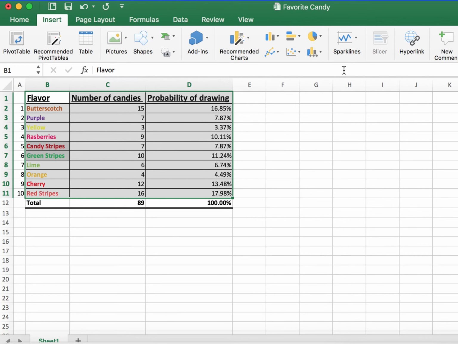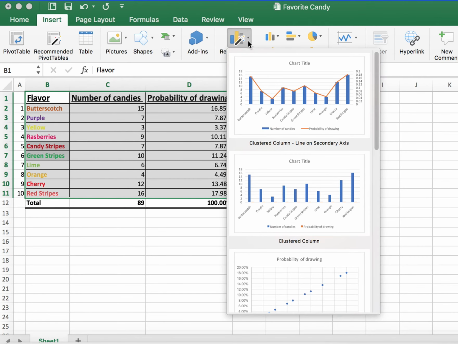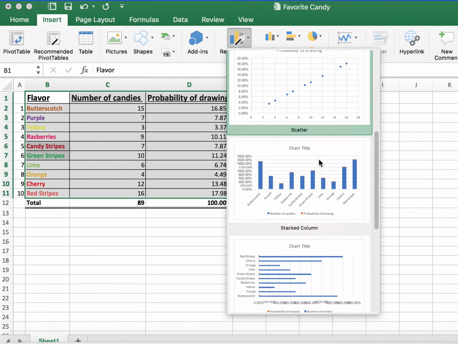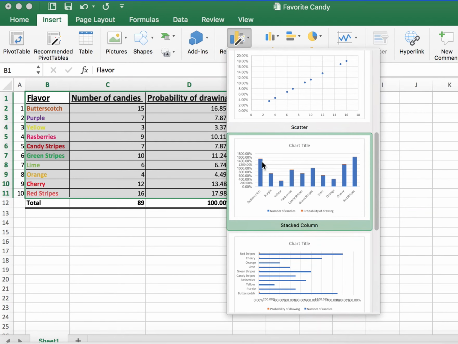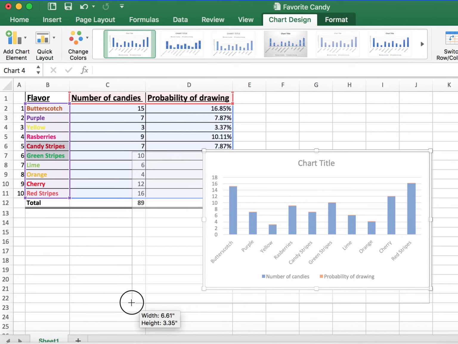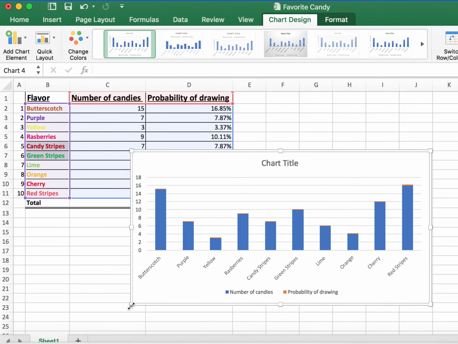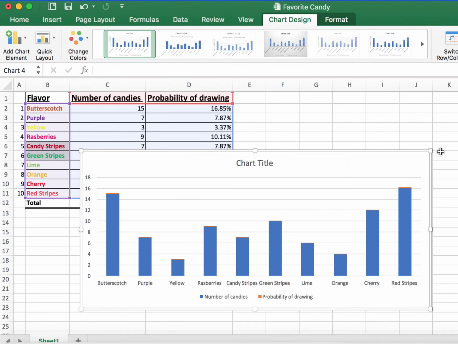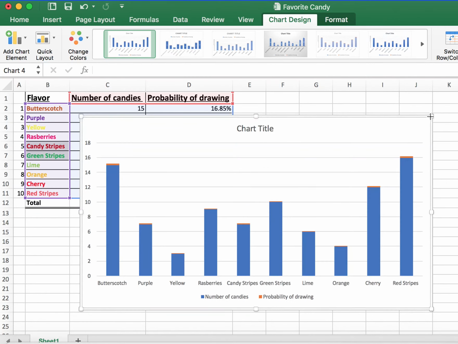insert, recommended charts. Let's see here. What do we have? Here it is. Okay, so here, I'm not sure if you can see it, but this is like a stacked column chart. Okay, so I'm going to select this one. And I'm going to make it a little bit bigger so you can see this. Can you see the red? It's like this is stacked. The blue corresponds to the number of candies, while the red on top, which doesn't really show, is the probability